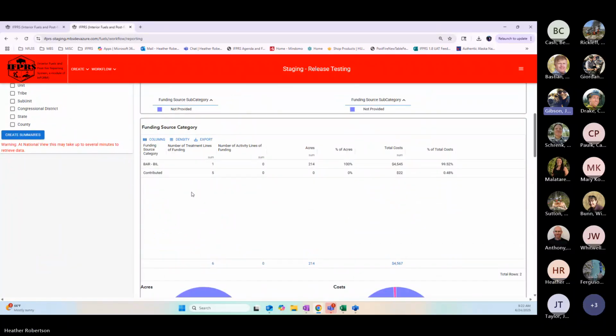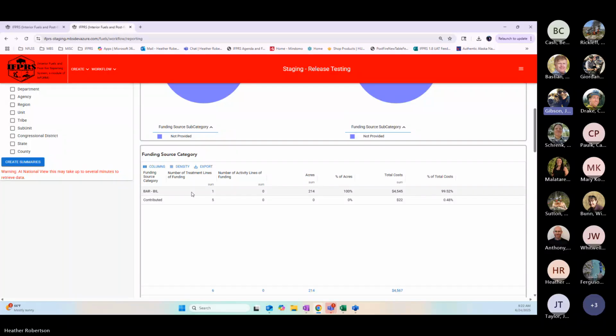So Heather, would we be able to query how many projects are bar funded, how many plant materials projects are bar funded, and bill bar funded by using that AND function? Is that what you're saying? Yeah, kind of some of that. So I think we have to define exactly the breadth of it, but I think what it